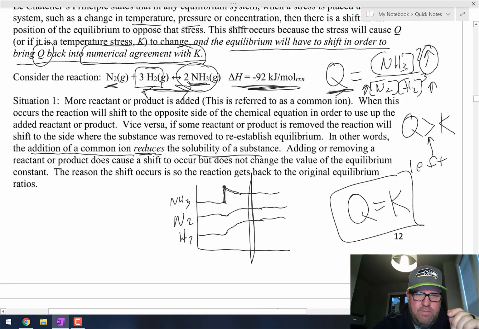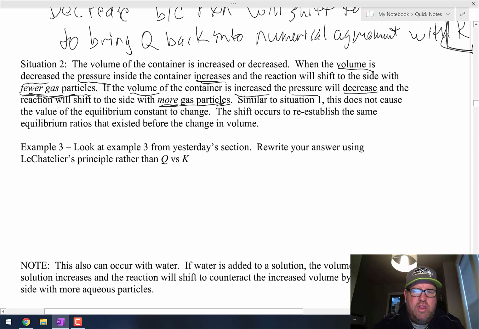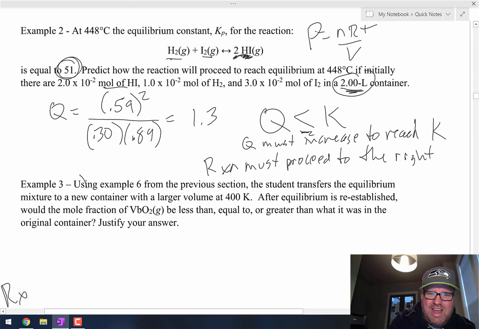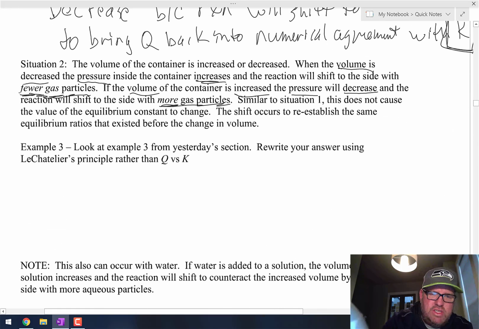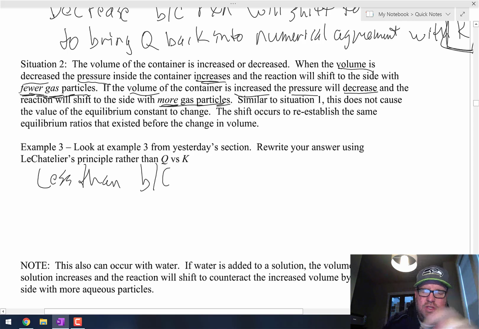It was down here. So, rewrite your answer using LeChatelier's principle rather than Q versus K. Now I don't even remember what the question is. After we come in, would the mole fraction of VBO2 be less than, equal to, or greater than? We're going to say it's going to be less than, because, and it's always good when you use LeChatelier's principle to let the grader know you are talking about LeChatelier's principle. So I would say, because according to